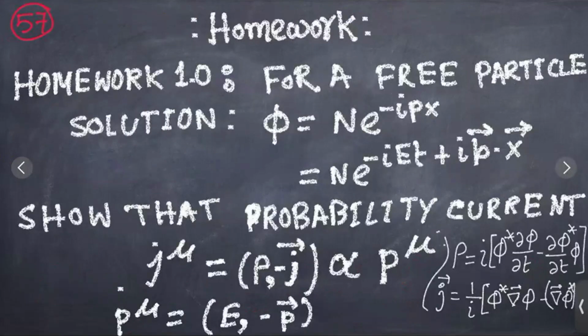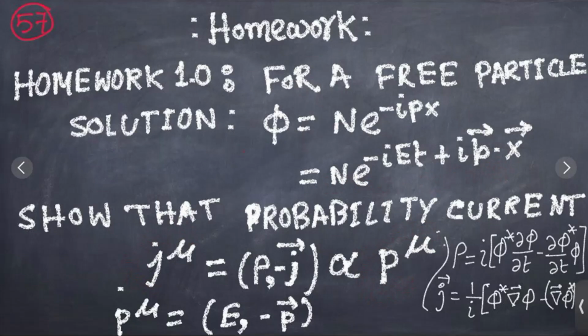I had a few homeworks which are very simple, but if you find some time to play with them, it's just very simple. In one of the homework, I gave the wave function. I said this is the free particle wave solution, and then you need to show me the probability current density, which is proportional to, if you just take that definition we already discussed a few times,